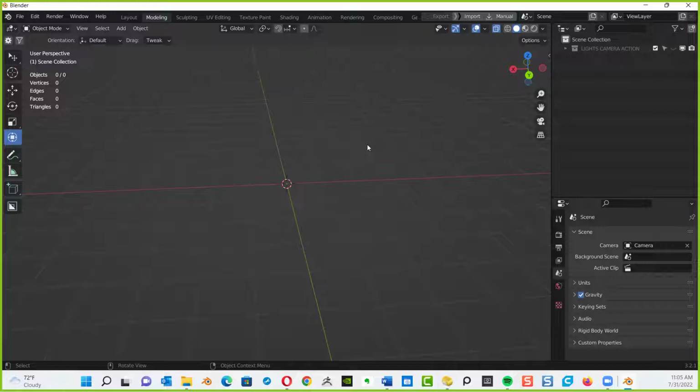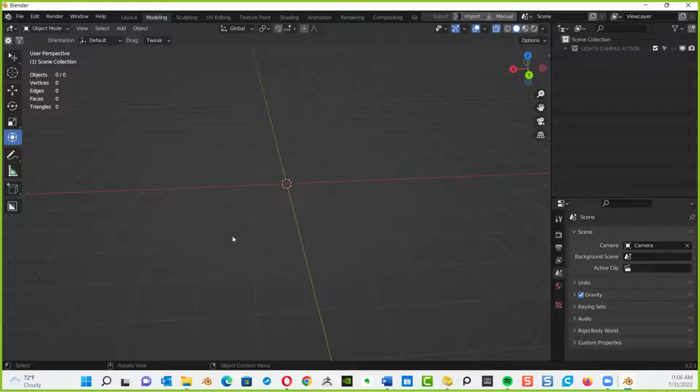Now, the next thing I was going to go to is you'll notice on my left side of the screen I have statistics. This is going to tell you about everything that you have in your scene, what you have selected, points, edges, and faces. So let's turn that option on. By default, it's not on. So how do we turn it on? Right over here, let's look at these viewing options.